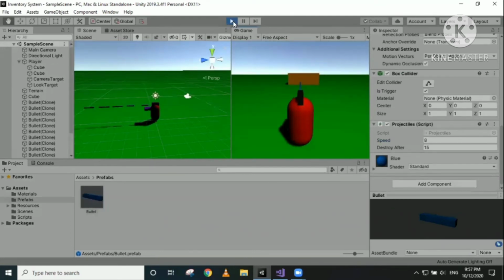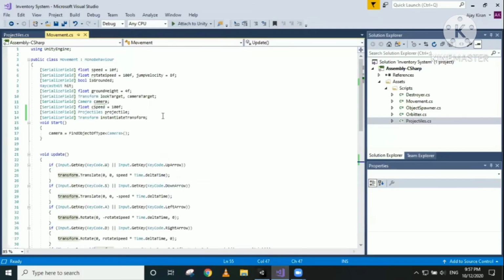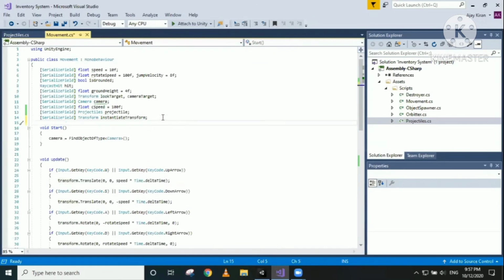Now another problem is that if we keep on pressing Q, we are going to spawn a lot of bullets. So I would think that we need to provide a constraint here so that there's a gap in between. So I'm just going to add 2 more variables here: serialized field float cooldown time, and I'll set it to 5f, and next spawn time, I'll set it to 0 initially,